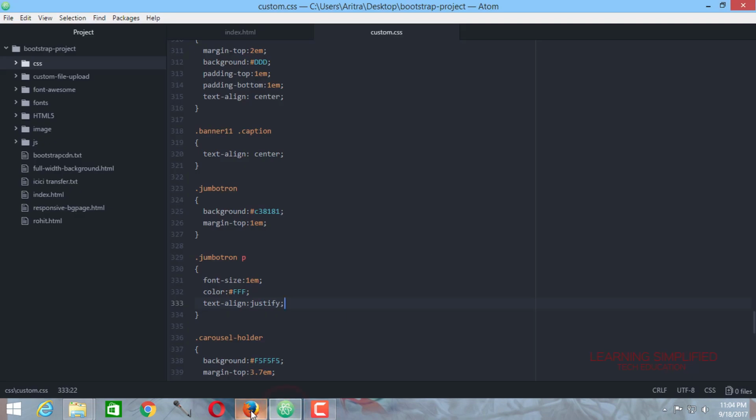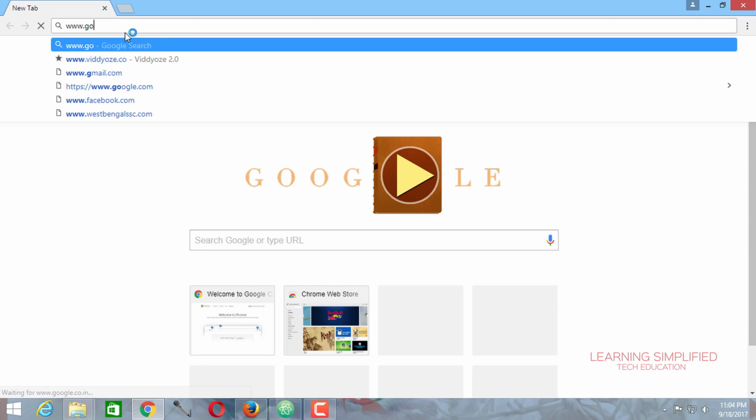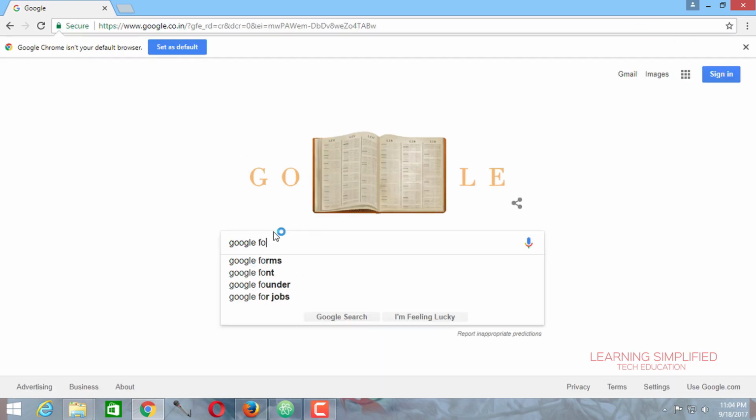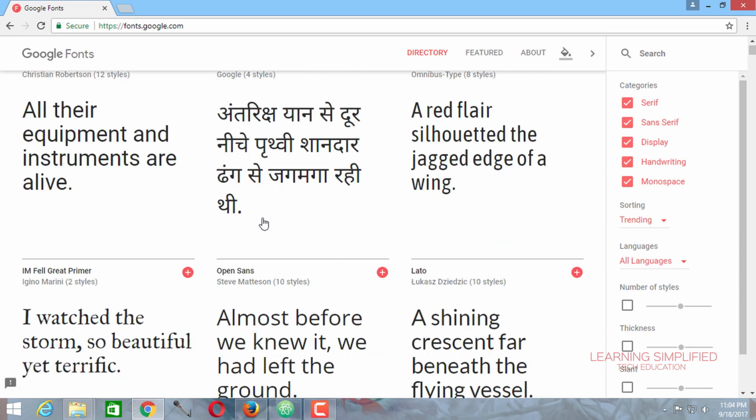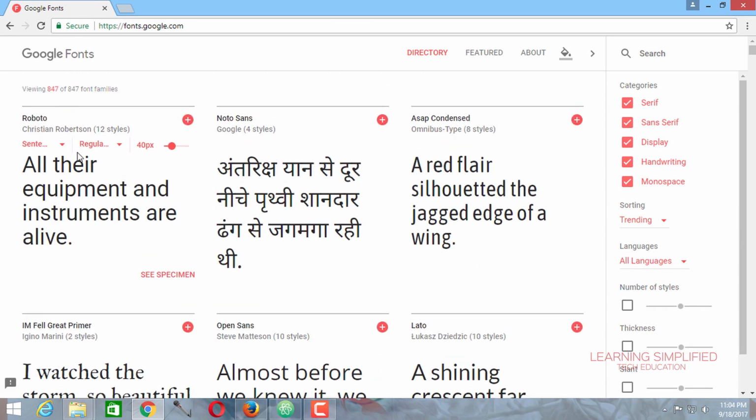Now if we want to change this font family, what should we do? Say we are going to use this font family which is known as Roboto.